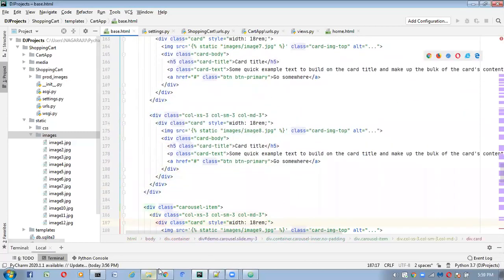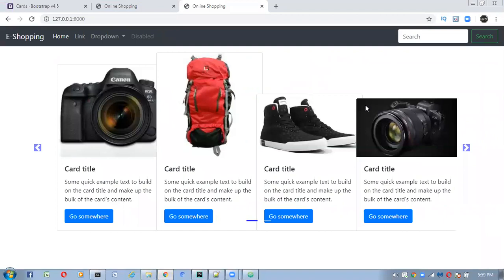Now on the browser we are getting it like this. These images are static images, and I'm not taking them from the database. I will change that and take the images from the database also. This is just the home page design I wanted to get. We are getting the slideshow and some products, with card title, description, and some buttons.